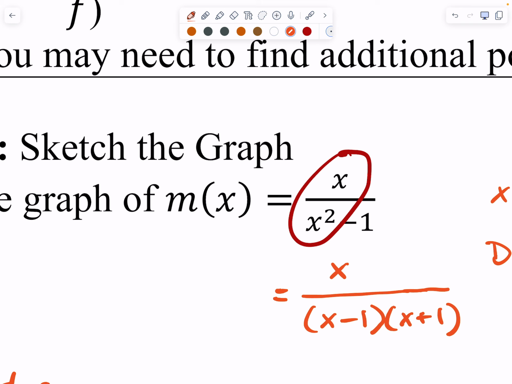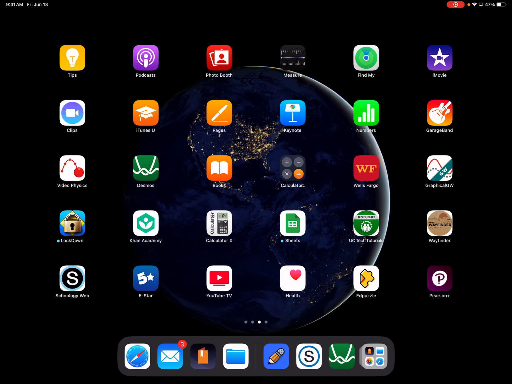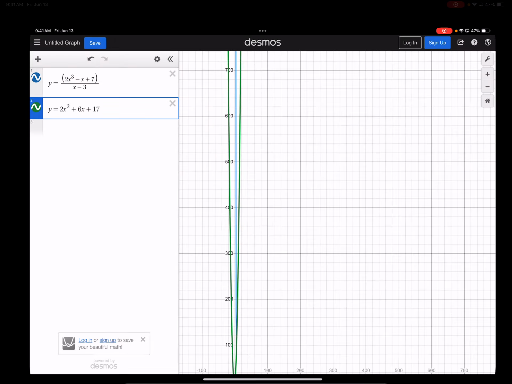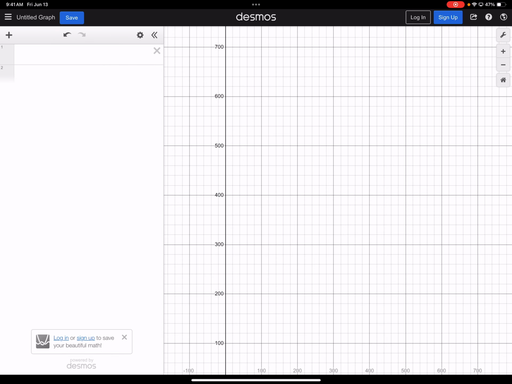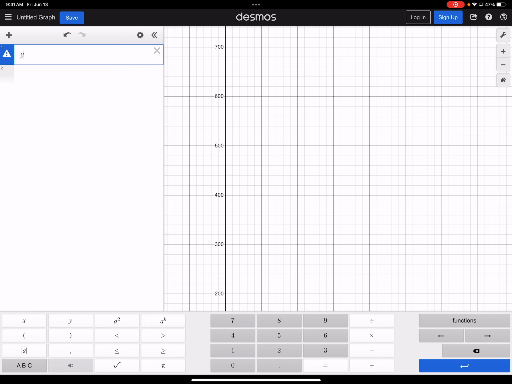Nicole: So if x is a 0 and it has a multiplicity of 1, how come we aren't crossing the point 0 in a linear way? Because right now it looks more like a cubic function, with the little S things. I thought it would be just a straight line. It is kind of. Let me think about how to explain this. Okay, so if I put this in here,